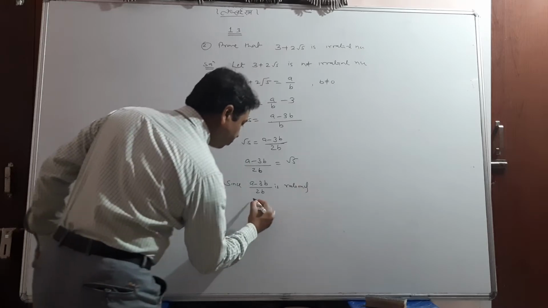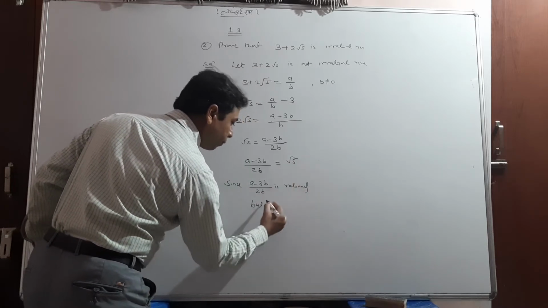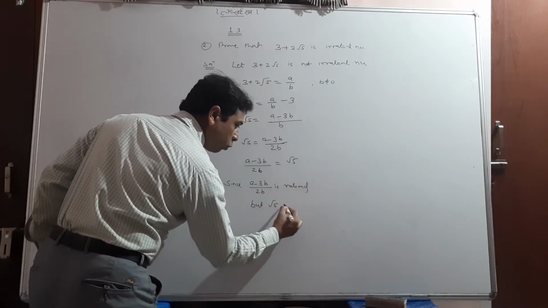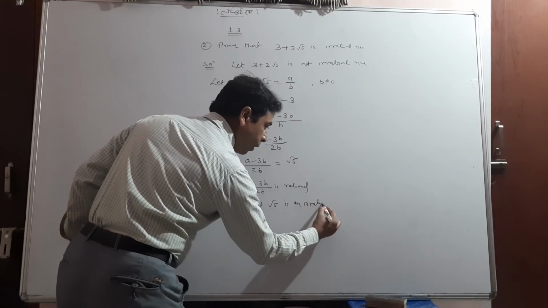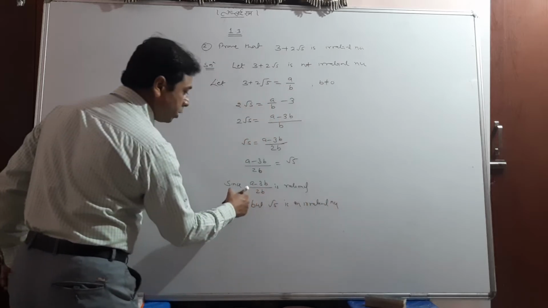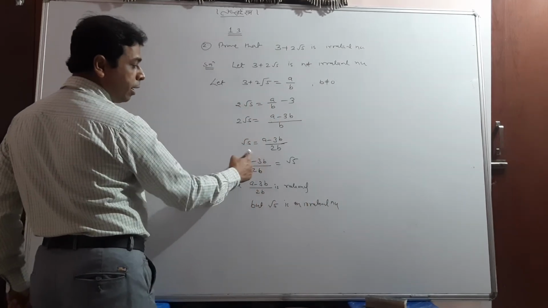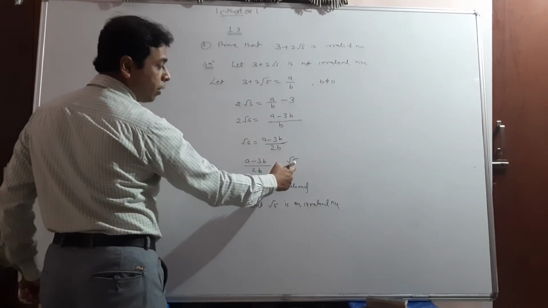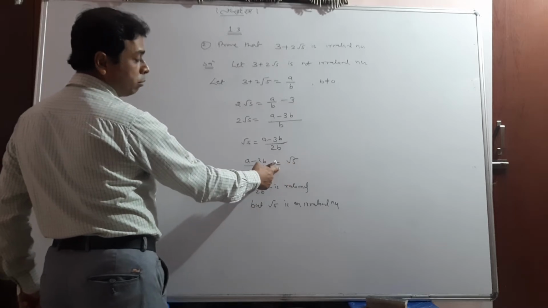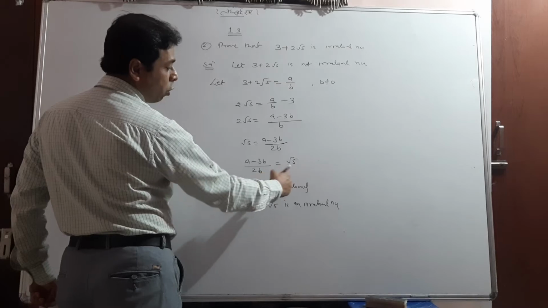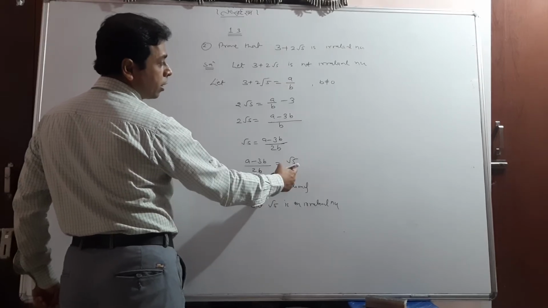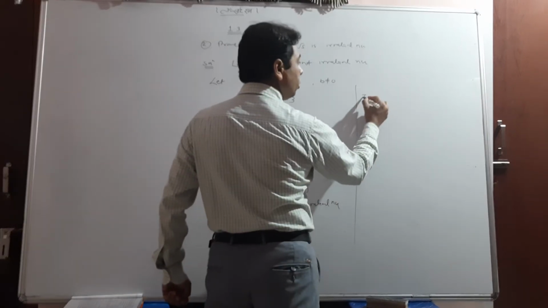but what about root 5? We have already seen today that root 5 is itself an irrational number. One should know this sentence: again see, it is rational, it is irrational, and between them we have an equal to sign. So this condition is wrong, because it is rational and it is irrational. So it is a contradiction,